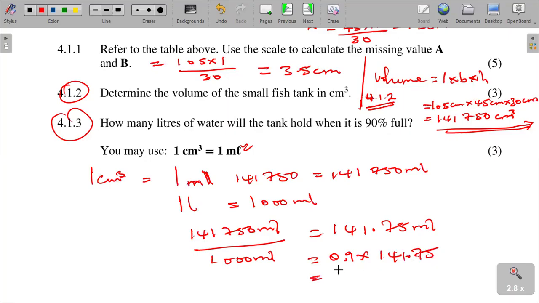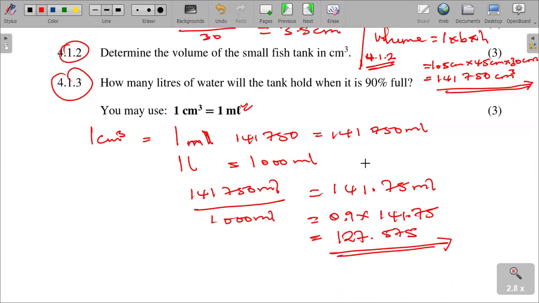Then we get 127.57. That's how we can get the actual number of liters the tank would hold when it is 90% full, given that